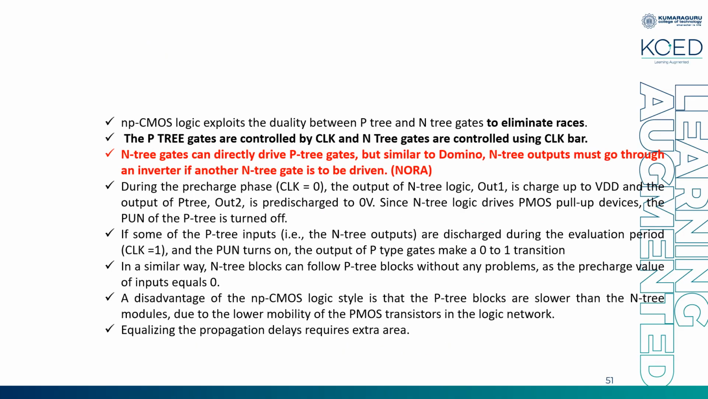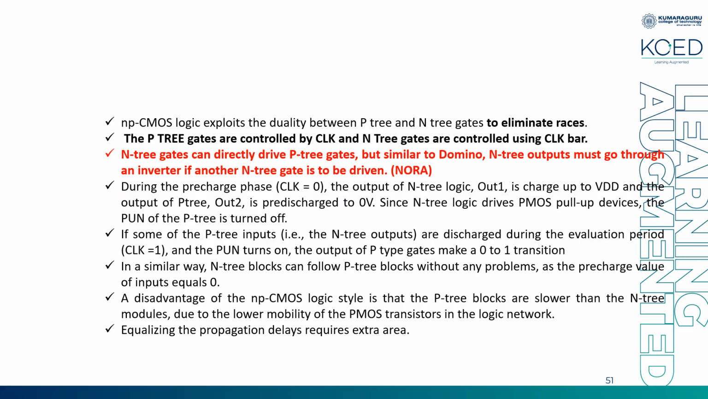Okay, so in terms of P tree and N tree, we'll be discussing it. P tree means the stage where the pull-up network is used. N tree means the stage where the pull-down network is used to design the logic. Okay, so P tree is controlled by your clock and N tree is controlled by clock bar, or vice versa. Okay, and your NP-CMOS is actually using the principle of duality between your pull-up network and pull-down network,